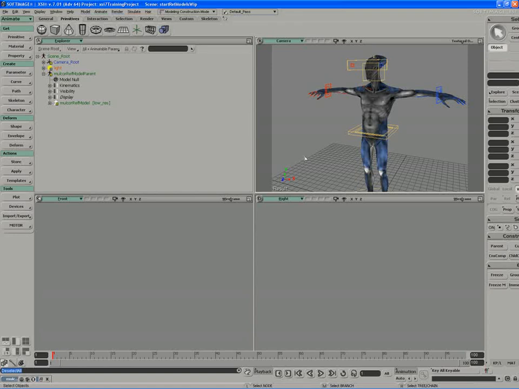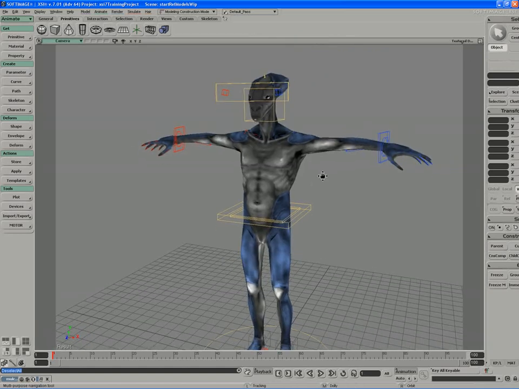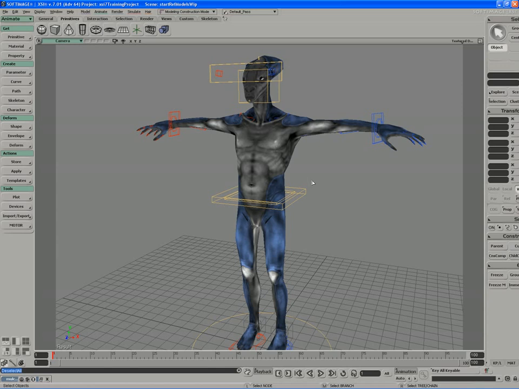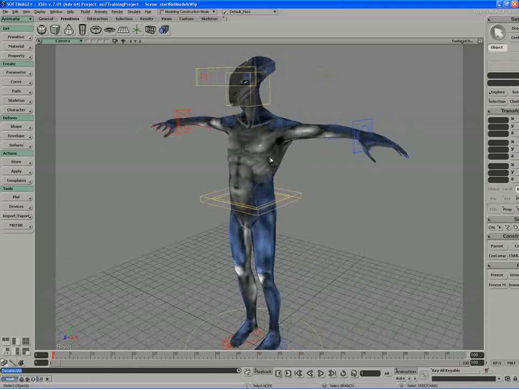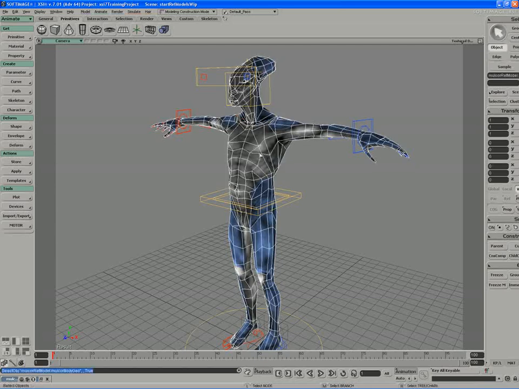So let's look at a scenario where reference modeling might become very useful. Let's say that you've got a scenario where you already have some motion capture that's been recorded, and you want to start working on cinematics or any kind of action described by your storyboards. It could be keyframe data. It doesn't really matter. What matters is that you have to get started animating, and you can't really wait for